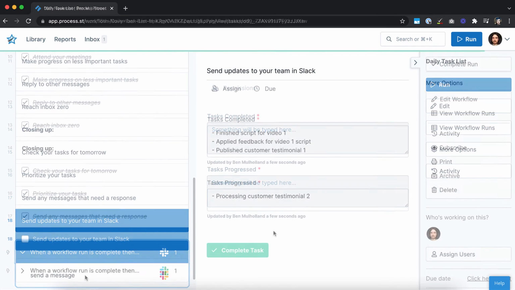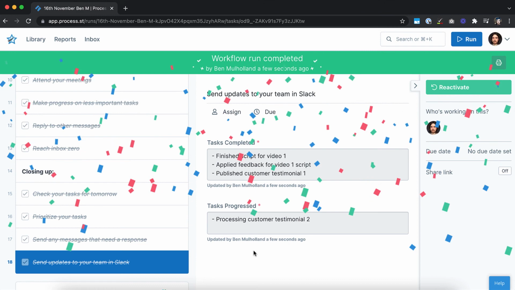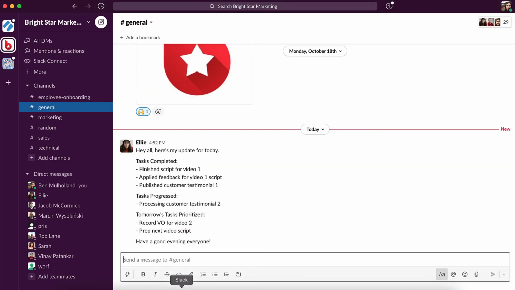See? Easy! The key is that your workflows don't have to be super detailed at first in order to be useful. If you only have time to go in and write a task list, that's fine. You can always come back, iterate, and